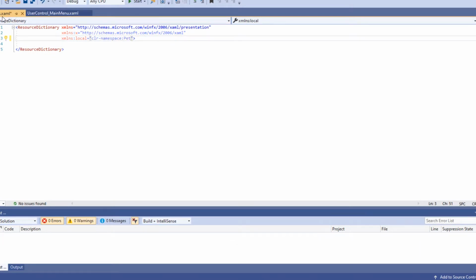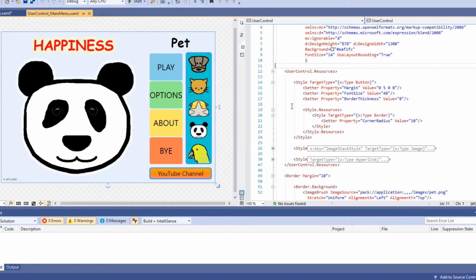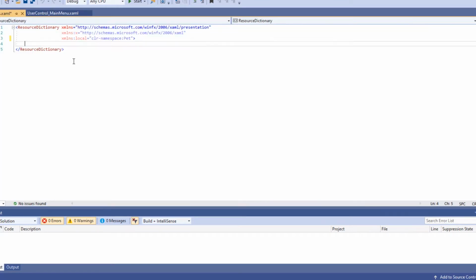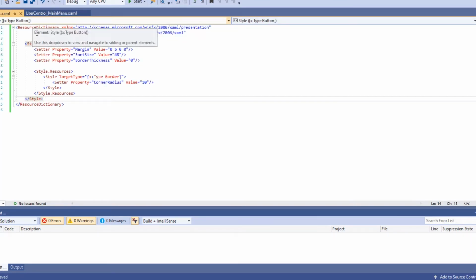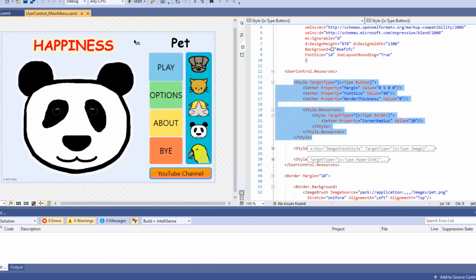As you see, it has a XAML extension. Here we can just copy this style and paste it here. This is just a file now, about which our other files know nothing.